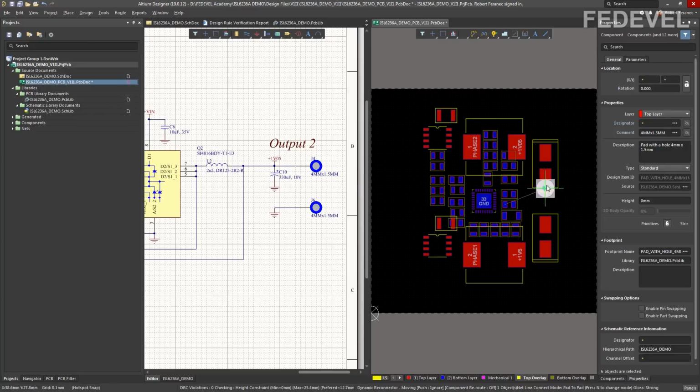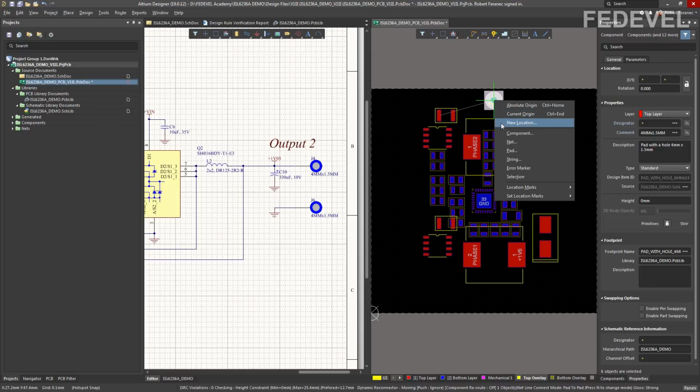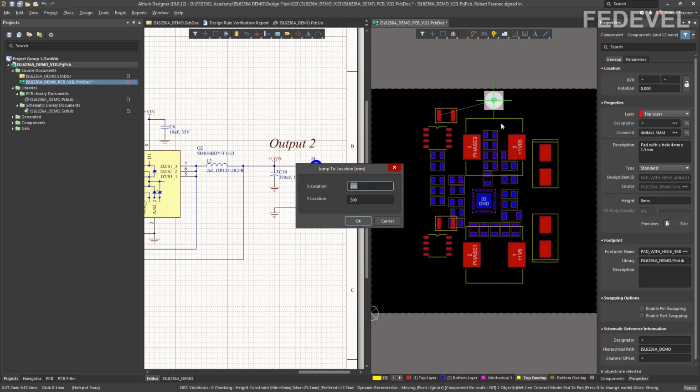And now if you would like to place this component on a specific location, you can press J on your keyboard, select new location and write it here, okay? We would like to place this path at X 5 and Y location set to 30.